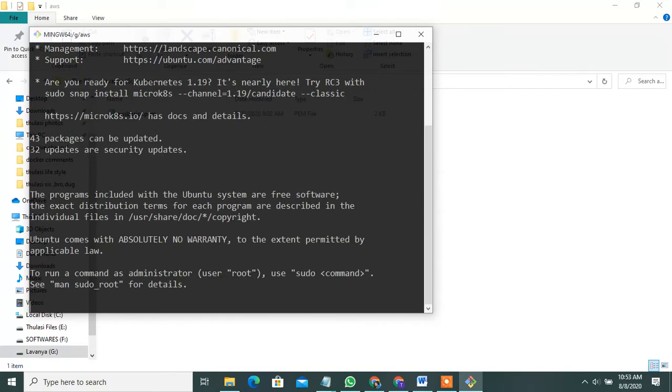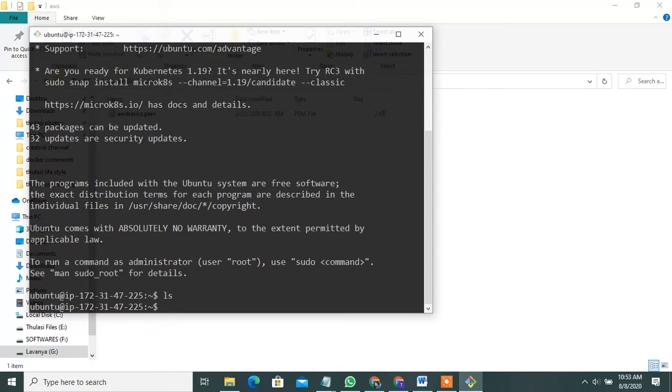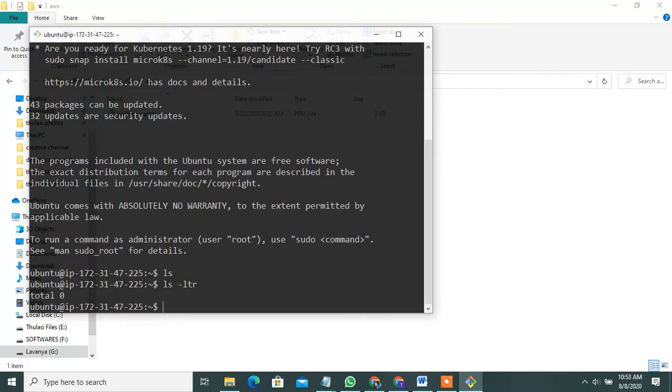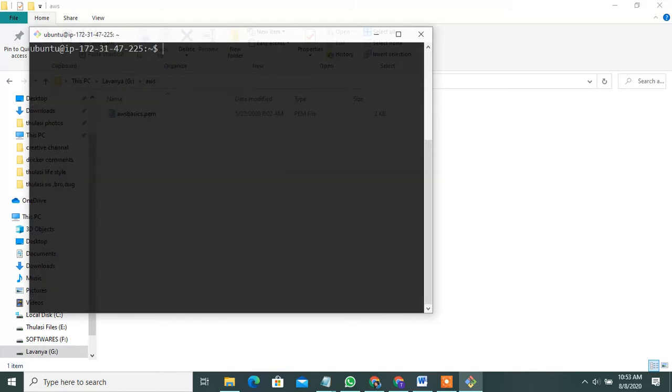Yes, and successfully connected to my server. First of all, check ls -ltr. There's nothing else. Clear my terminal.